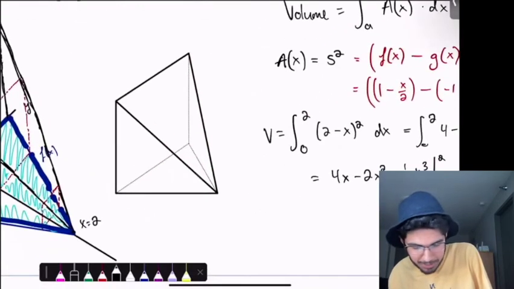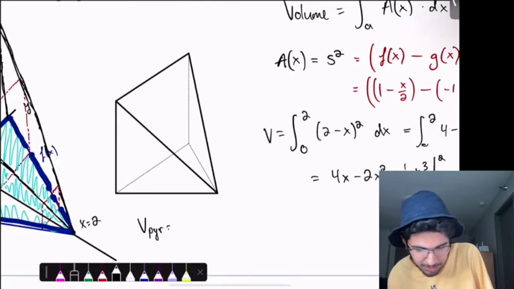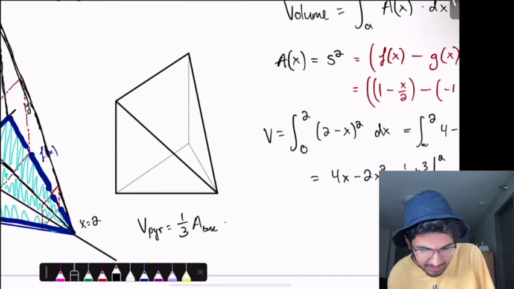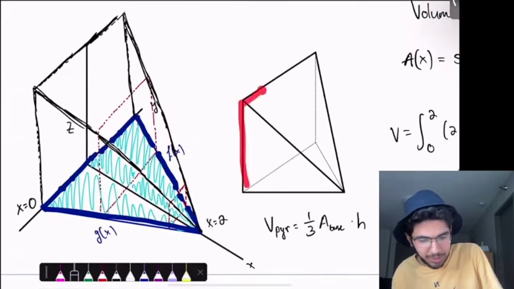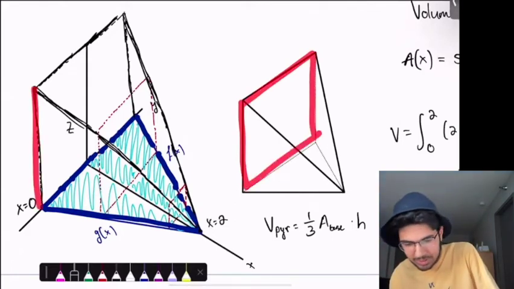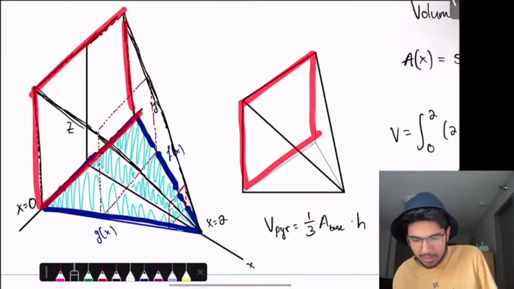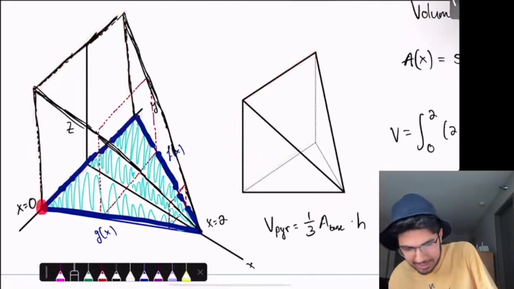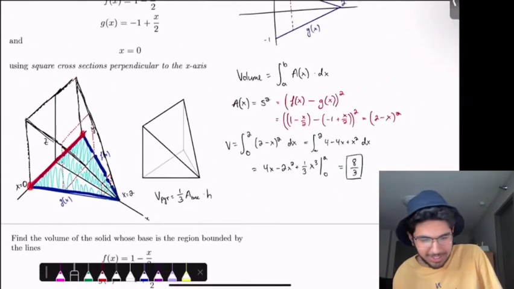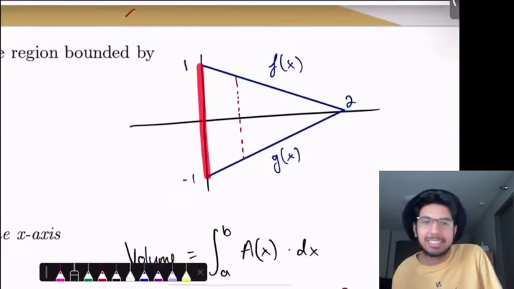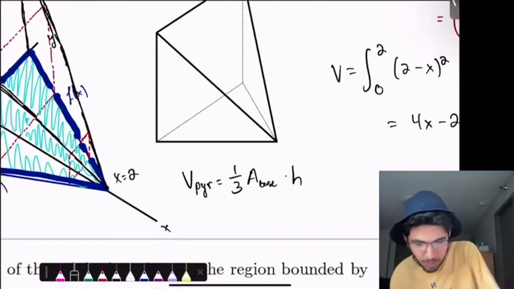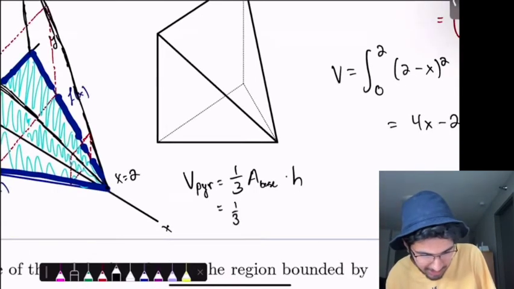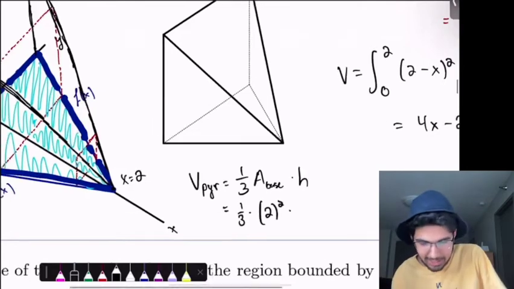The volume of a pyramid is equal to 1/3 area of the base times the height. In this case, the base is this square here. The side length would go from here to here, which in this above diagram is this, which is 2, so our side length is 2, so the area of the base is 4. 1/3 times 2 squared. And then the height,